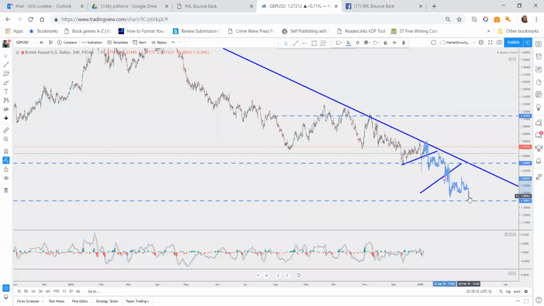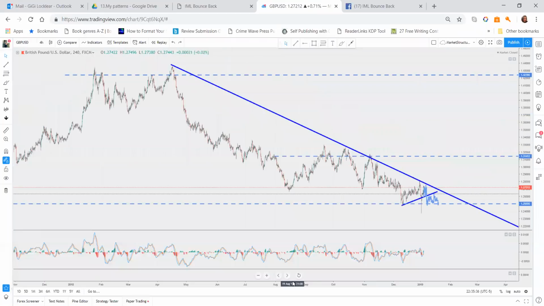So that's how I would trade this pair right now, because anytime it rejects off this trend line and gives us a flag, you have an opportunity to sell. And of course, we would make these sells on the lower time frame, and we are looking at a possible 672 more pips if it continues dropping to the downside. Okay. Now, conversely, if we get a break to the upside,